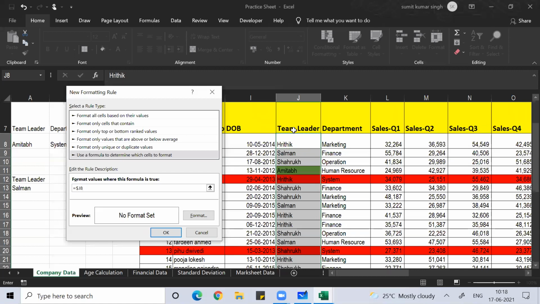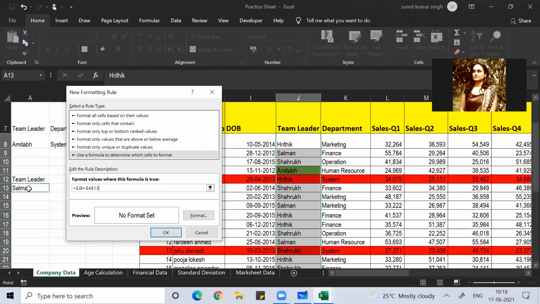In the column, you can leave the dollar sign. Then make this equal to the cell where you have written the name of the team leader using the data validation function.